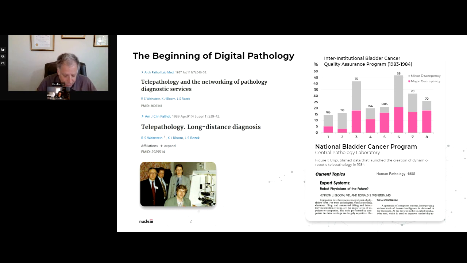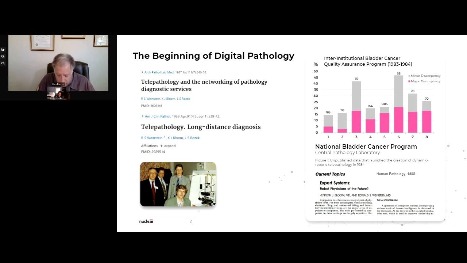I programmed that first robotic system, but more importantly, I had the ability to review all of the cases I saw during my residency on both my microscope as well as a high-resolution monitor. It quickly became clear to me that I could diagnose the slides as easily on the high-definition monitor as under the microscope. We published a series of papers describing the system and how it could be utilized to network pathology